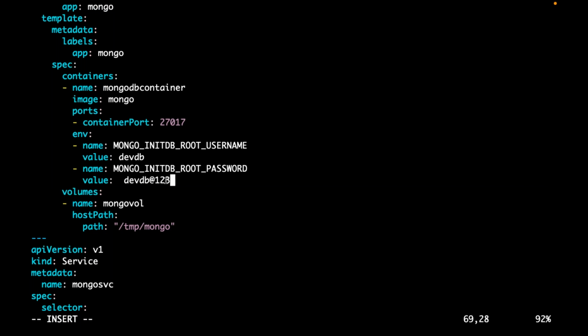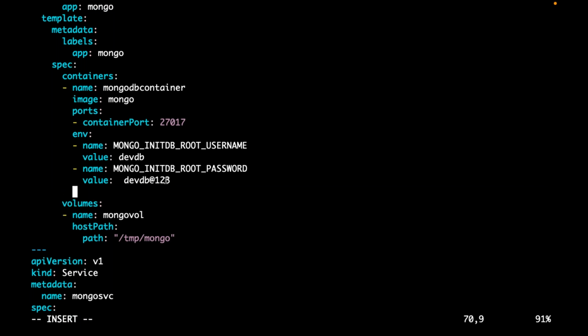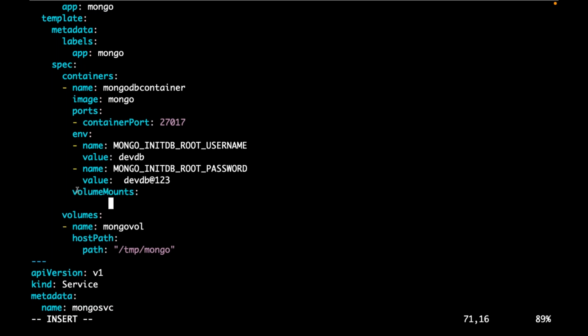No. So that can be done using volume mounts. We are mounting those volumes to this container, volume mounts.